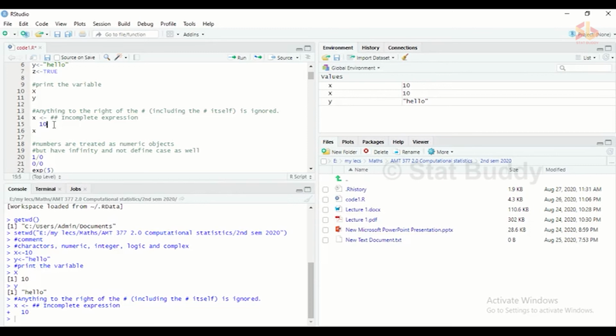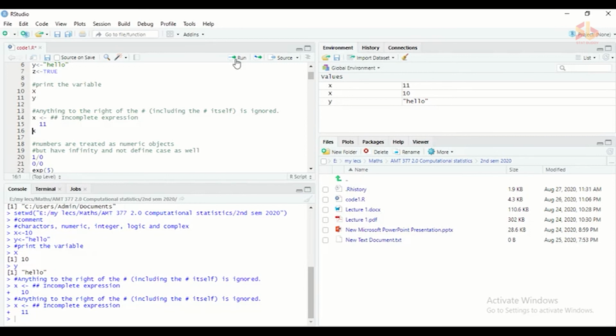Suppose we change this to 11, but I am running only this line. The next line also runs automatically. That is because this is the object name, and after the assigning operator there is a hash. Anything after the hash will be ignored, so the entire row after the hash is ignored and it goes to the next row.